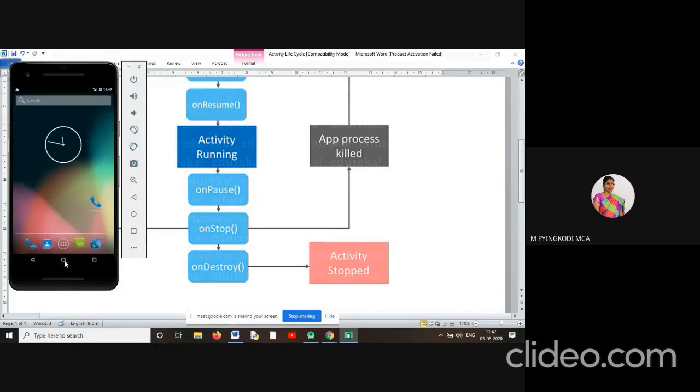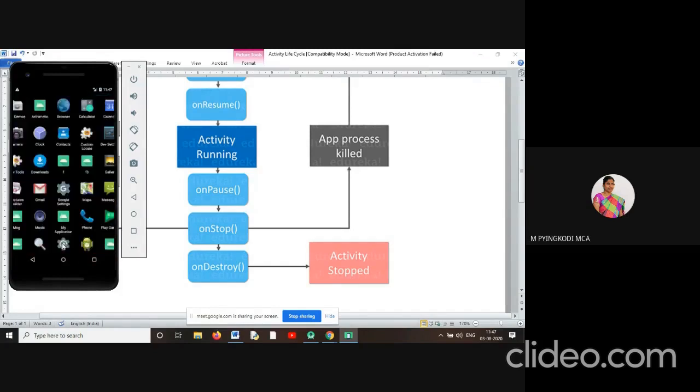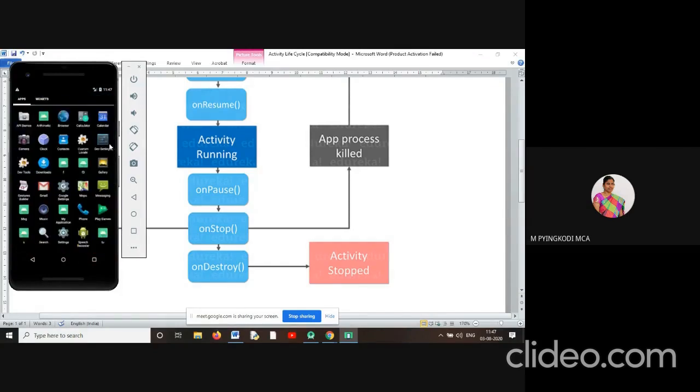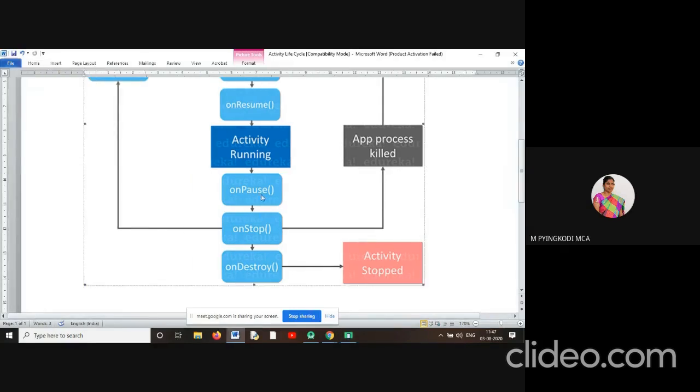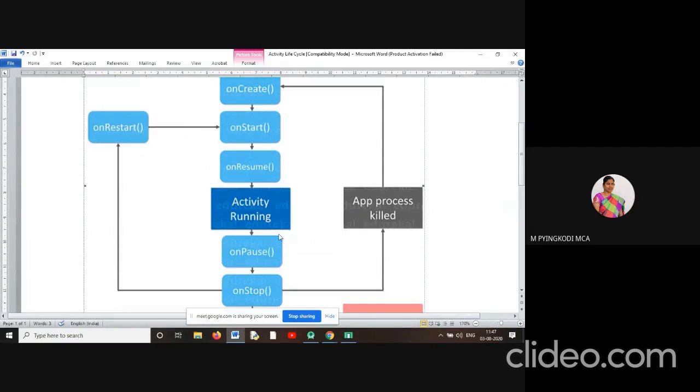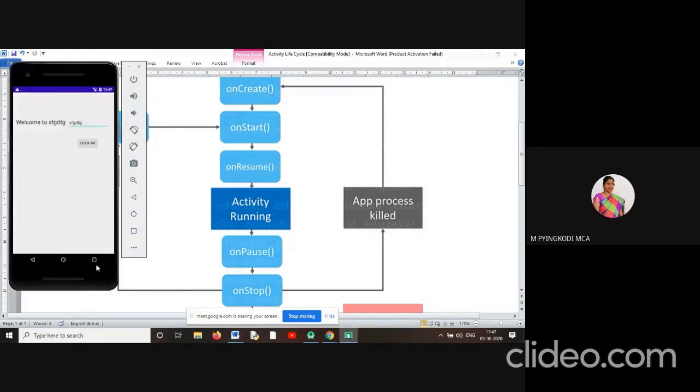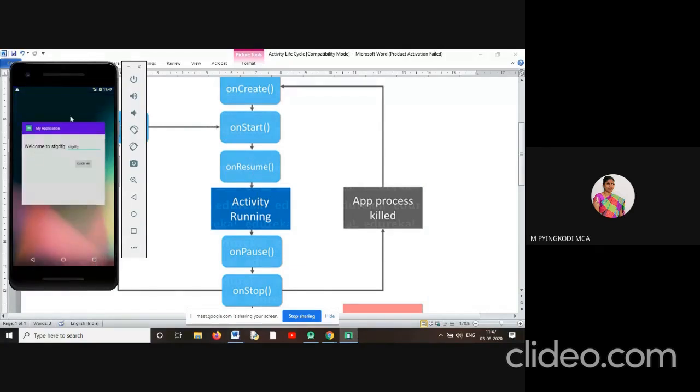You press the home button and then call that activity from recent apps. Now it will enter into onStop, then restart, then onStart, and then onResume. Why? Because my application has not been exited.